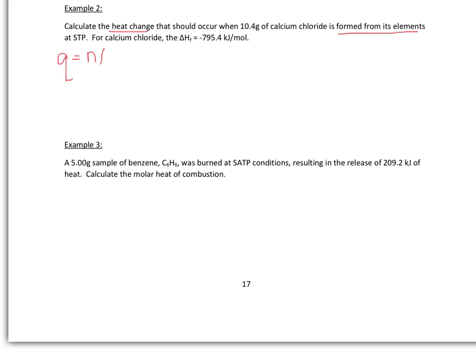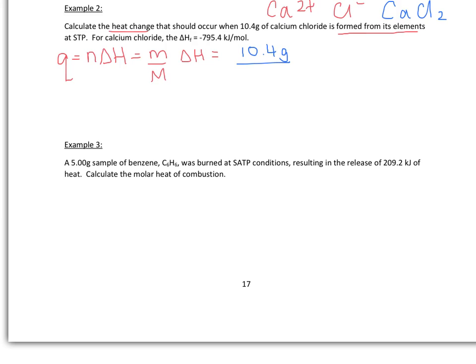So we have Q equals N delta H, which we can write using mass divided by molar mass, times delta H. We also have to ensure that we know how to write the formula for calcium chloride in order to get the appropriate molar mass. Calcium is Ca2 positive, chlorine is Cl negative. So if you do the crisscross from Science 1206, this would be CaCl2, and that's what you'd have to get the molar mass of. So we have 10.4 grams divided by the molar mass of calcium chloride, which is 110.98 grams per mole,